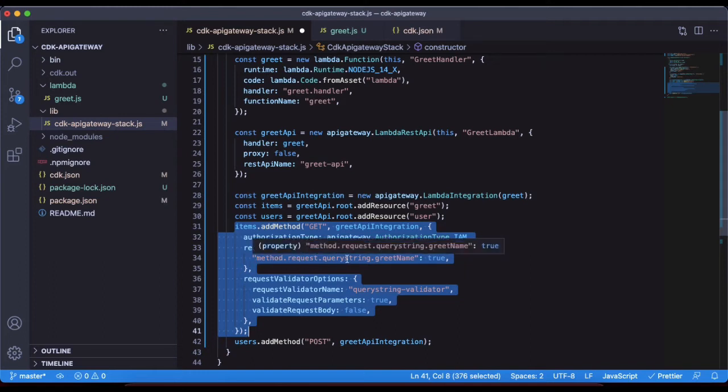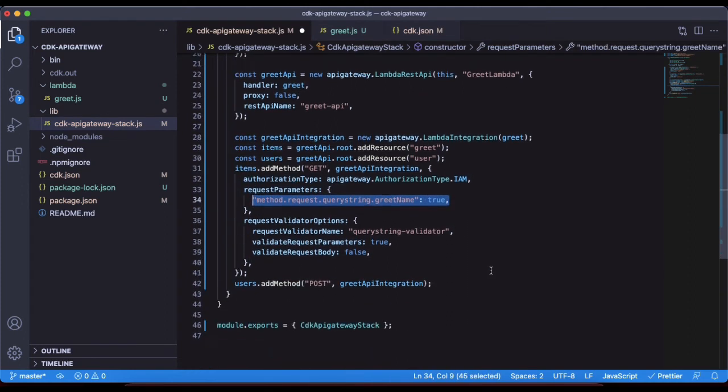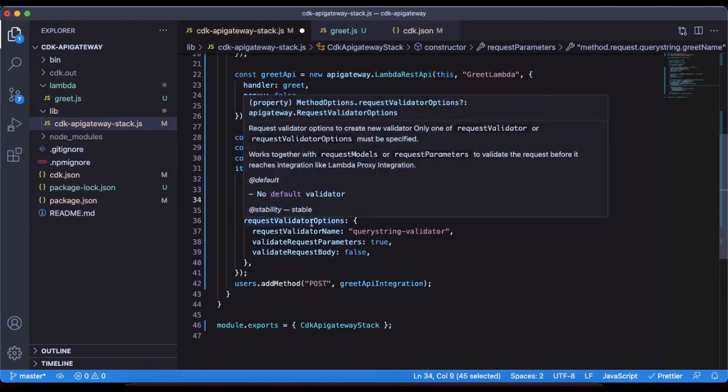After that we need to specify what we are validating. Here we are validating the query string, so we have querystring, and if we were validating a header we would have header here. So now we have a query string and we have greetName. We have added a boolean true, so this is the required field, and we also added a request validator option.